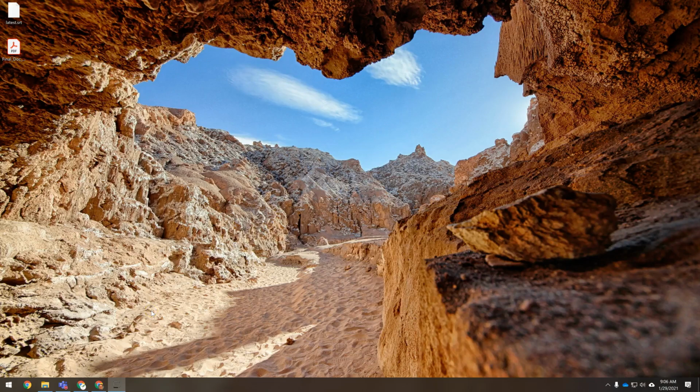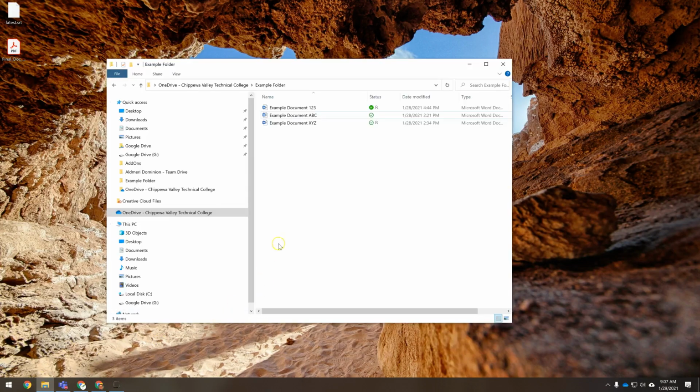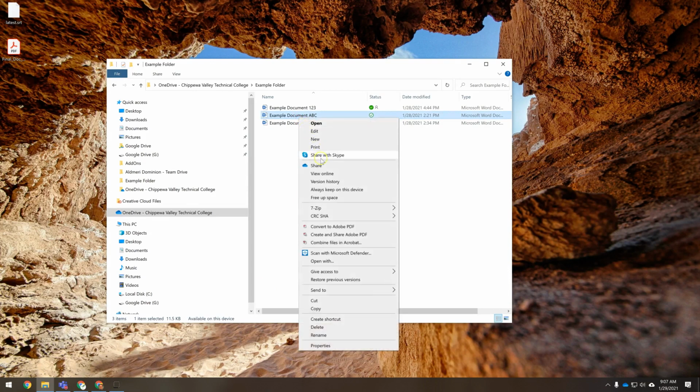As mentioned previously, although OneDrive is your personal storage space that no one else has access to, you can still choose to give people access to particular files and folders on an as-needed basis. And you can do this in either the File Explorer version of OneDrive or through the online version. In either version, you'll navigate to the file that you want to share, right-click on that file, and go to